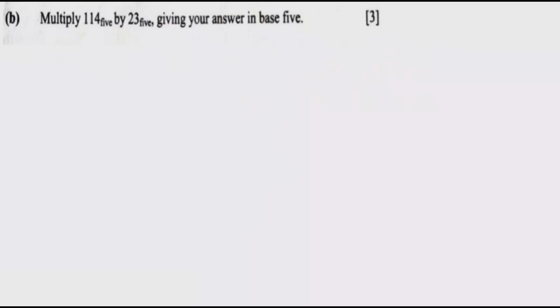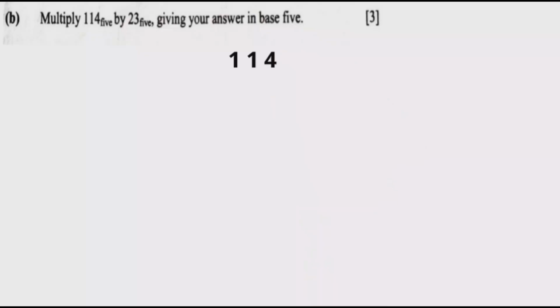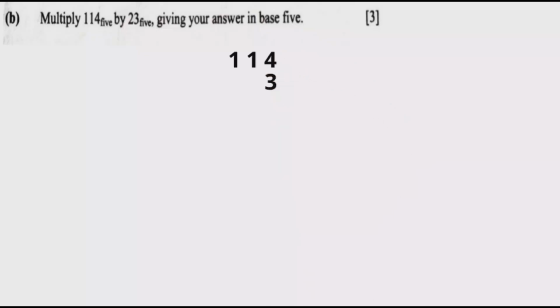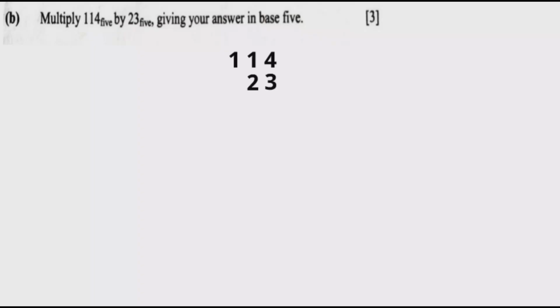Question 2b is multiply 114 in base 5 by 23 in base 5, giving your answer in base 5. So we are going to write 114. Then we write 3 down here where there is 4. Then 2 down where there is 1. Then we say multiply by, then we put